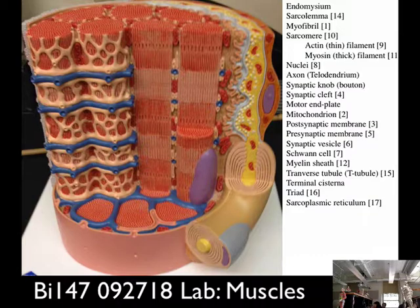If you're going to look on this model, it's the sort of dun-colored, kind of psychedelic sleeve on the myofibril. I'm talking about all this stuff. That is the sarcoplasmic reticulum. Sarcoplasmic reticulum has this terminal part to it, which acts as a cistern, or like a